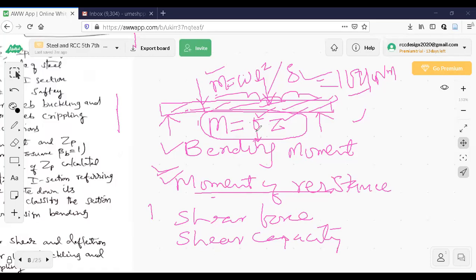It means the moment of resistance of a beam depends on the type of material and the type of cross section, because it is a geometrical property. So this is how the beam must be designed. Based on these two conditions, I should be able to find out the cross section dimensions and all that. Ultimately my job is to decide the type of material and what should be the shape of the cross section. In case of RCC, the shape of cross section is rectangular. In case of steel, the shape of cross section is